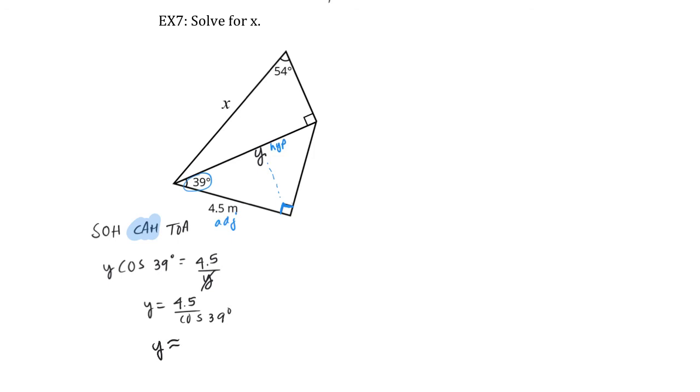approximately 5.7904. It's nice to round out to about 4 decimal places when we have to do multi-step problems, just to reduce our error. Okay, let's keep in mind what we wanted. We wanted to find x. So now I'm going to